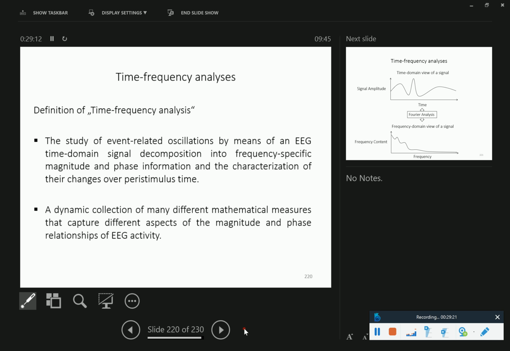But more specifically, time frequency analysis refers to a dynamic collection of many different mathematical measures that capture different aspects of magnitude and phase relationships of EEG activity. I would go as far as saying that every lab that does time frequency analysis uses their own idiosyncratic method, and what really annoys me is that they never explain what kind of method they use. It's horrible. There are some good papers that review different ways to do time frequency analysis, but usually in these papers that people use, especially if they use some summary measures,